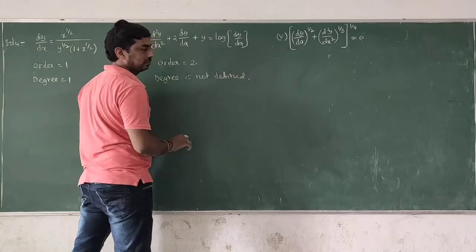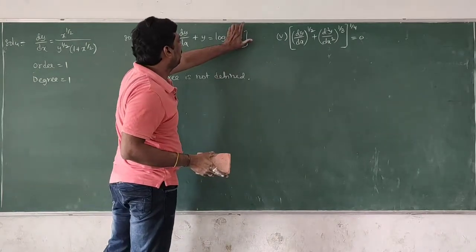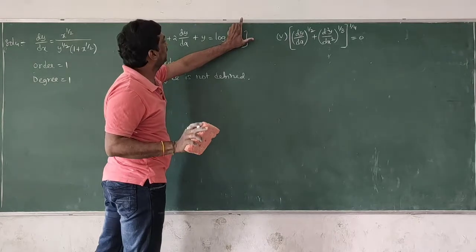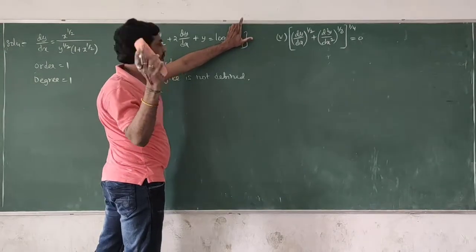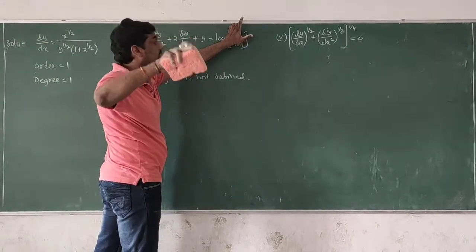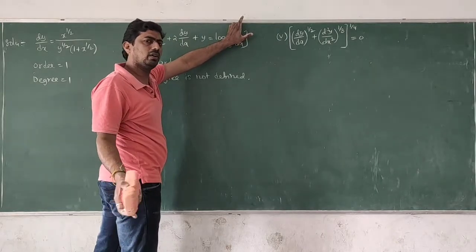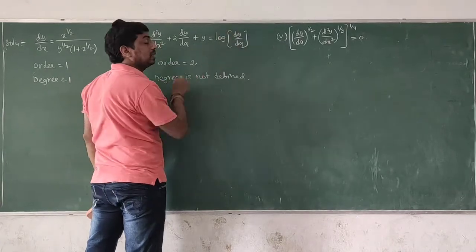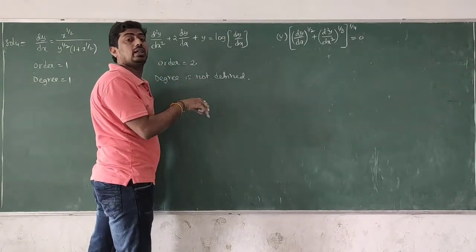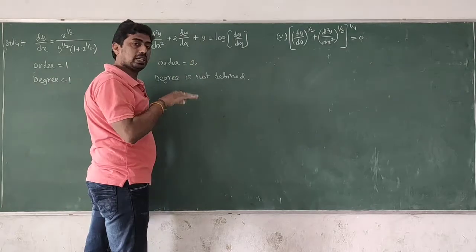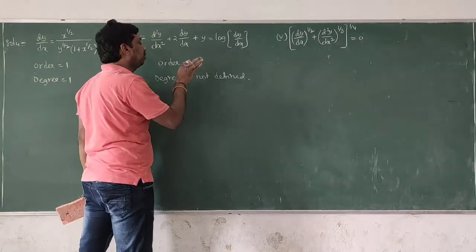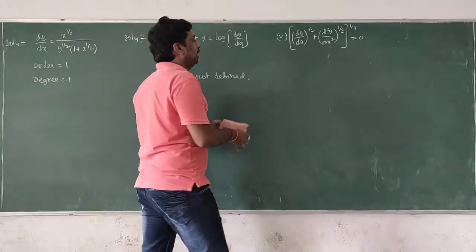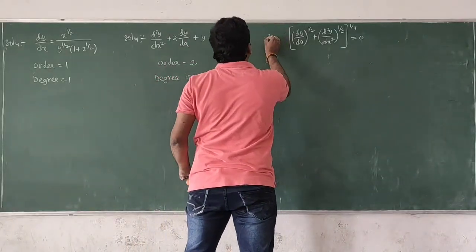Is it clear? But here, if we have log y, for example, not log dy by dx, then the degree is defined. What is the degree? Very good, degree 1. It is the same for log y or log x, whichever you take. But only if the derivative terms are involved in logarithmic, exponential or trigonometric terms is the degree of the differential equation not defined. Clear? Right. Now fifth problem.